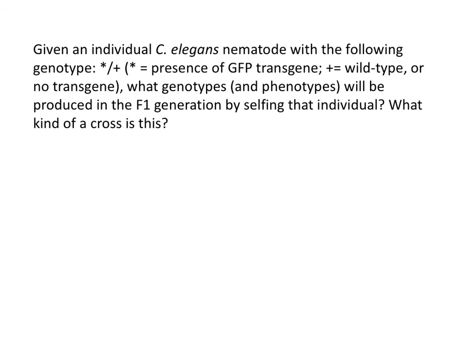So there's a really critical point to take away from this question. We're going to talk about genotype ratios and phenotype ratios, the difference between the two, which are really critical. And this is one thing to pay attention to on future exams. When I ask for a ratio, make sure you look at the word before ratio, which will either say genotype or phenotype, and make sure that you're addressing the correct type of ratio. So this asks for genotypes and phenotypes. So what does this Punnett square look like?